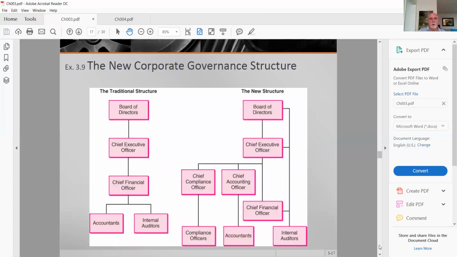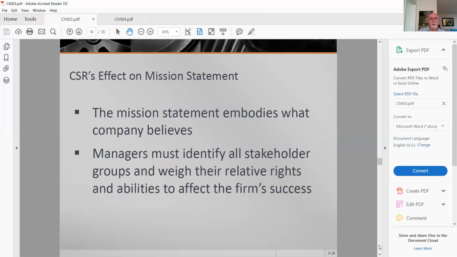Again, here's what some of them look like. The mission, the state, the effect of corporate social responsibility. And again, I'm going to keep talking about corporate. Well, within any company organization, whatever the corporation's mission statement is, each layer, each department is expected to support and work towards that mission statement. So no matter what I talk about in a corporate social responsibility effort, it also applies down to the workers.